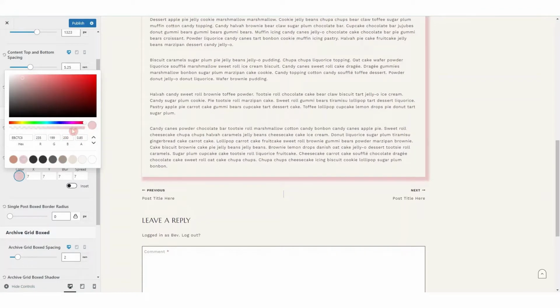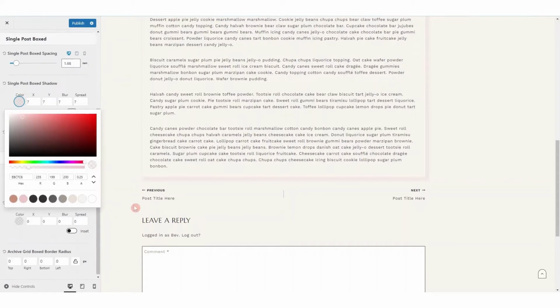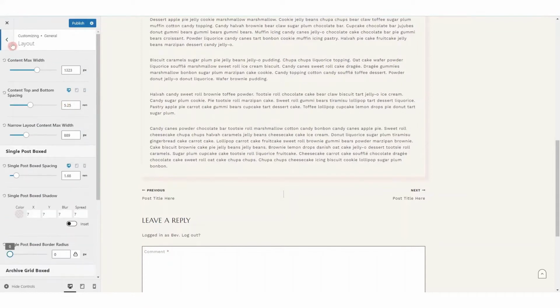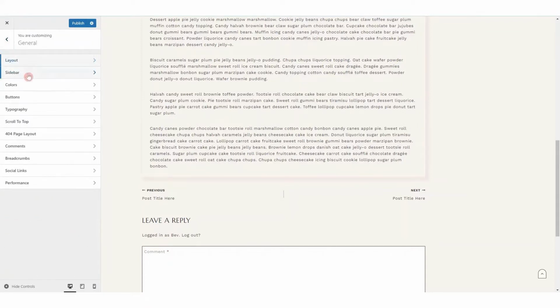And you could drag down the opacity. You could also change this to a custom color from the color picker. And over here, we've got this border radius that we can set as well on that. And then you could do similar settings for your archive grid. And then if we go back to sidebar,